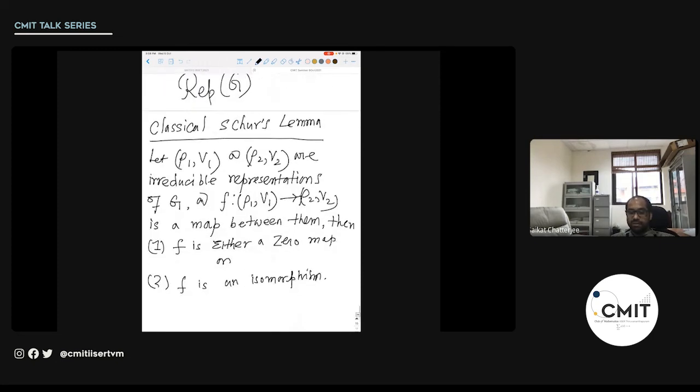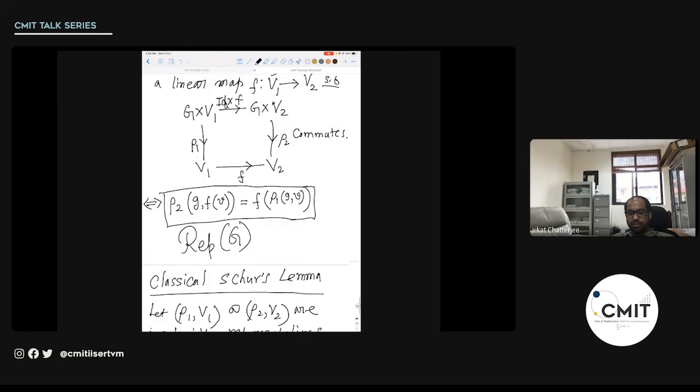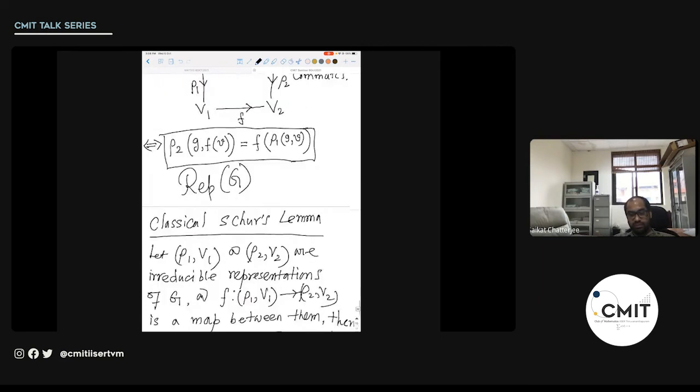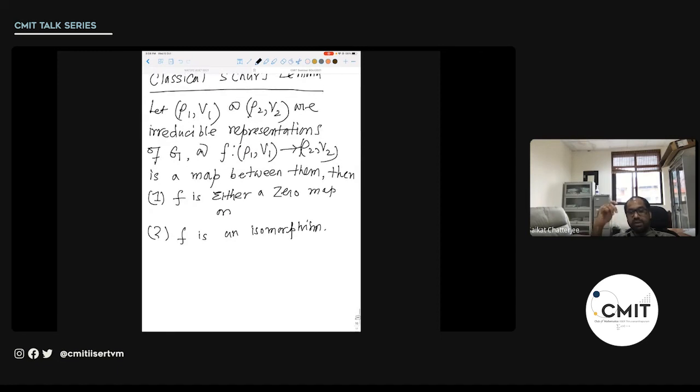So now let us come back to the classical Schur's lemma. It's a very simple proof. Any of you, if you go through this carefully and just do some diagram chasing here, will be able to easily prove this thing. Schur's lemma, the classical Schur's lemma. So the thing is, suppose rho 1 v1 and rho 2 v2 both are